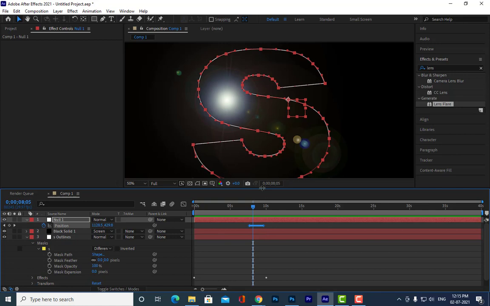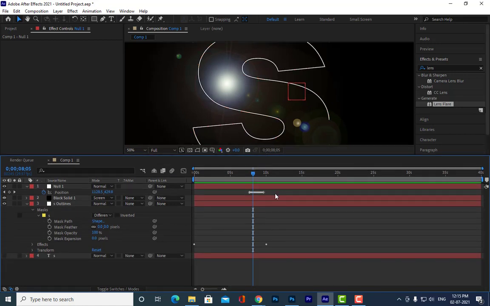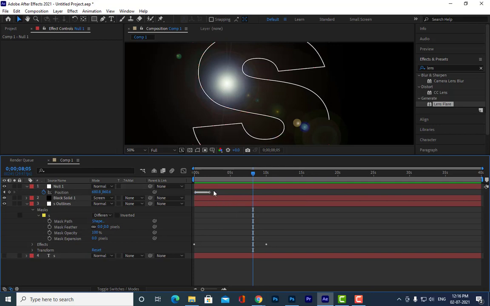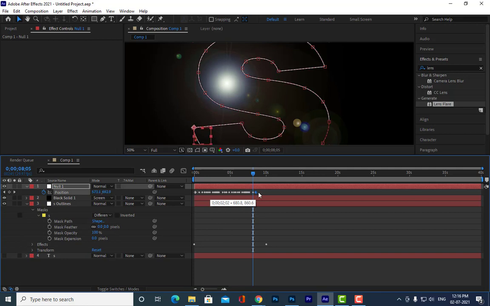Everybody is able to understand what I am saying? Yes, sir. So we have to adjust the null object in such a way that it actually follows the path. We have to move the keyframes of the null object so that they match the path exactly.